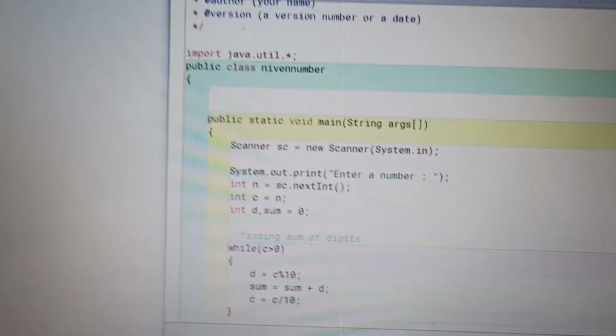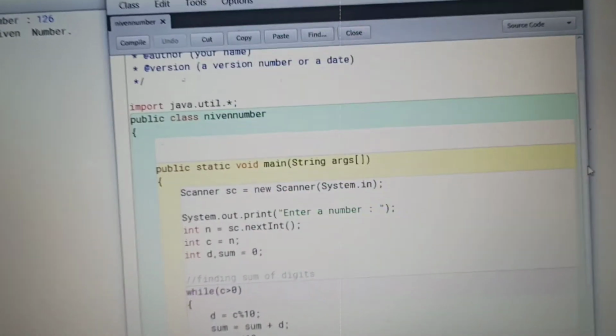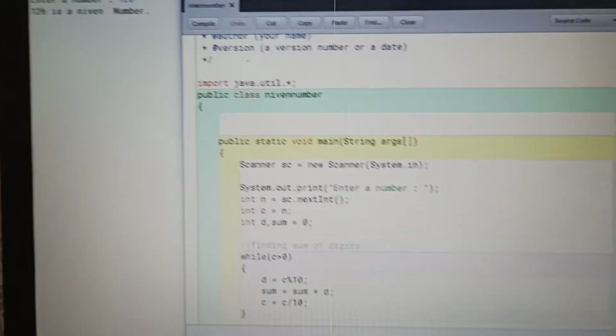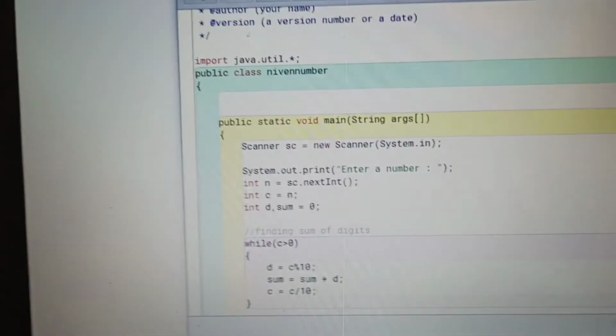Now 2 is stored in the d variable. The previous value of sum was 6, and 6 plus 2 is 8, so 8 is stored in the sum variable.